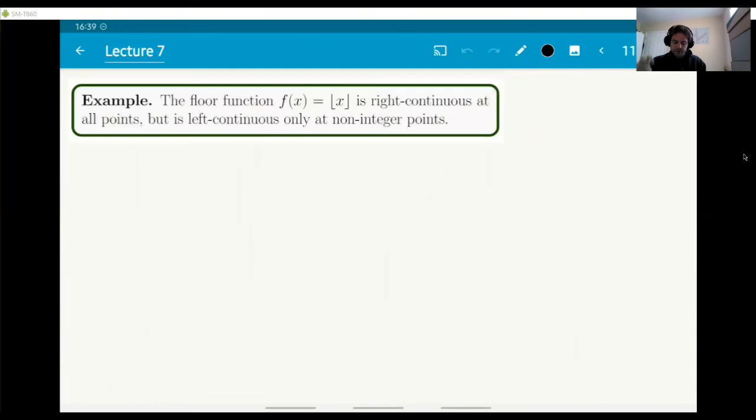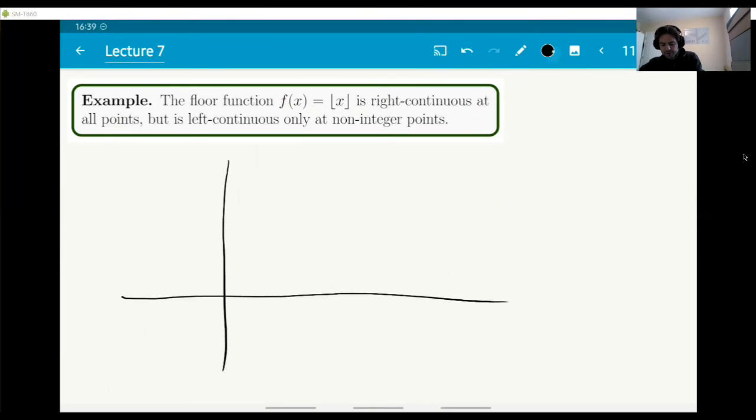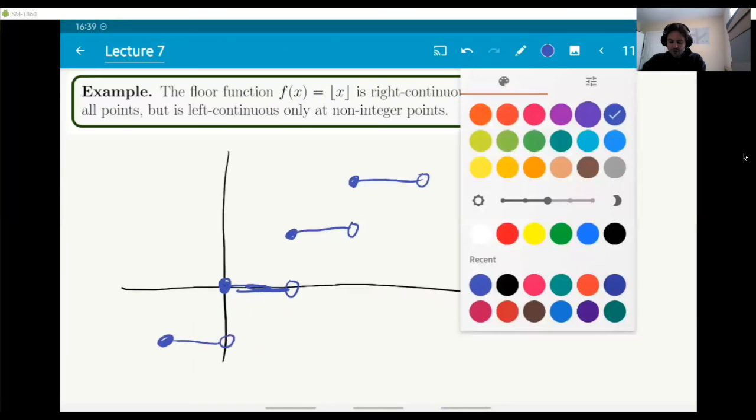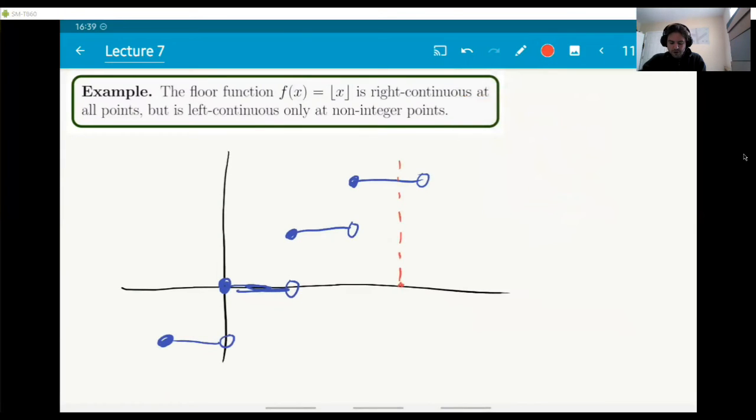And the example that we've already talked about is the floor function. The floor function is right continuous at all points, but only left continuous at the points which are not integer. Let me again just draw the graph so we remember that it looked like this. So you see that if you're talking about right continuity, no matter where you are, whether at one of these non-integer points, or maybe a point which is integer, if you're coming towards those points from the right, the function is approaching the actual value of the function,